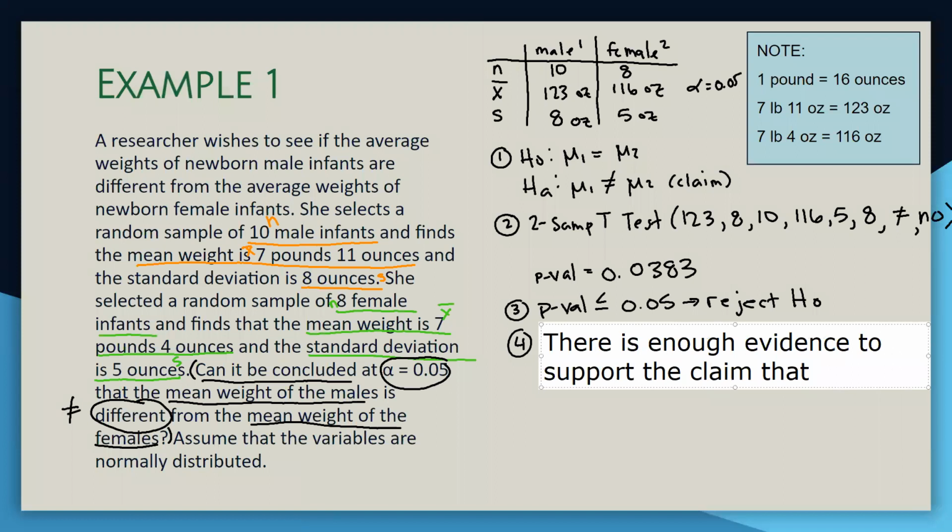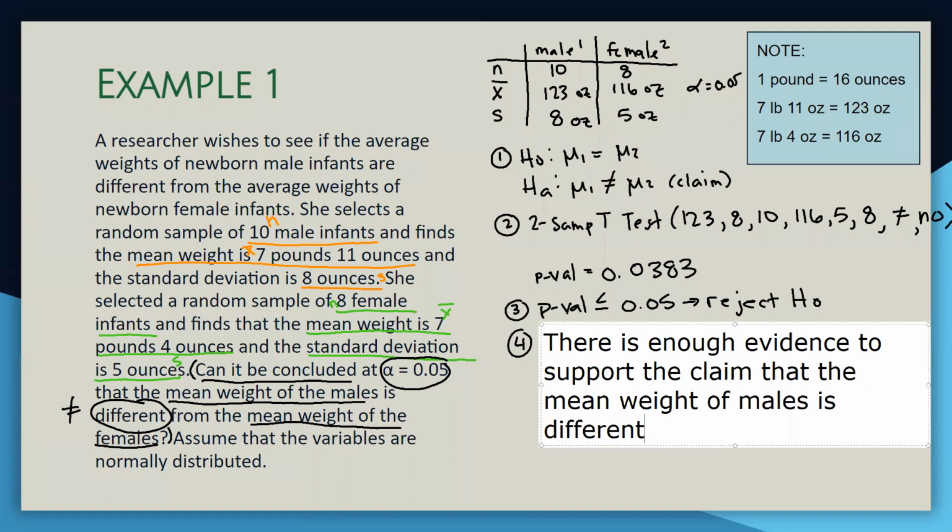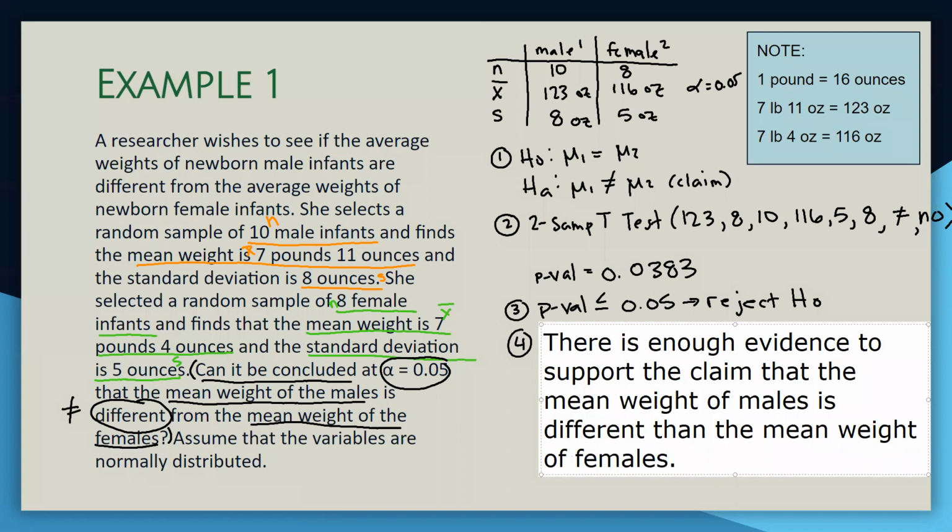And then we go back to the problem to summarize that claim. And it says, can it be concluded that the mean weight of males is different than the mean weight of females? Specifically infants, but I'm using that wording from that last question down at the bottom, and that's okay. So there is enough evidence to support that claim that the mean weight of male infants is different than the mean weight of